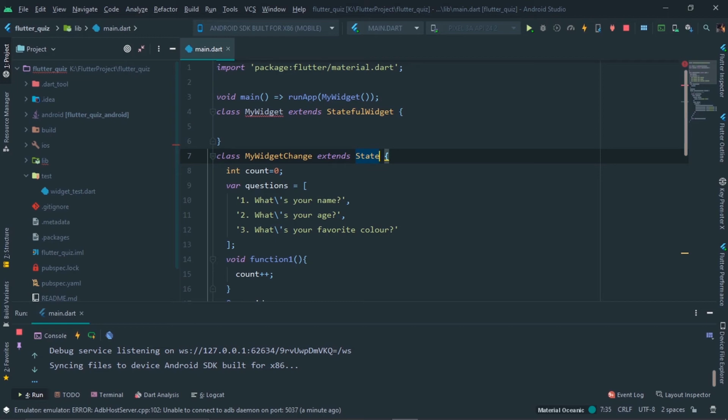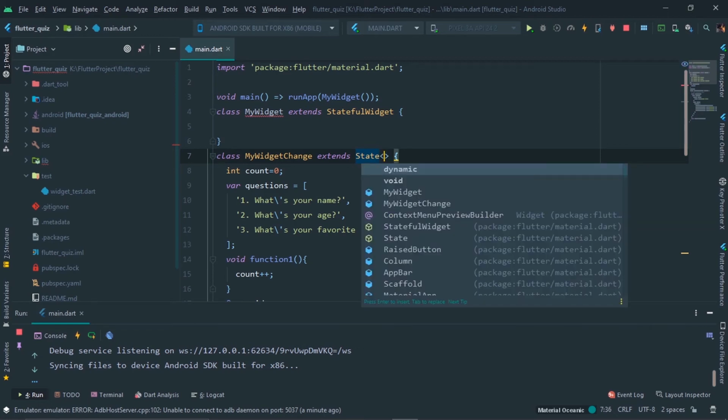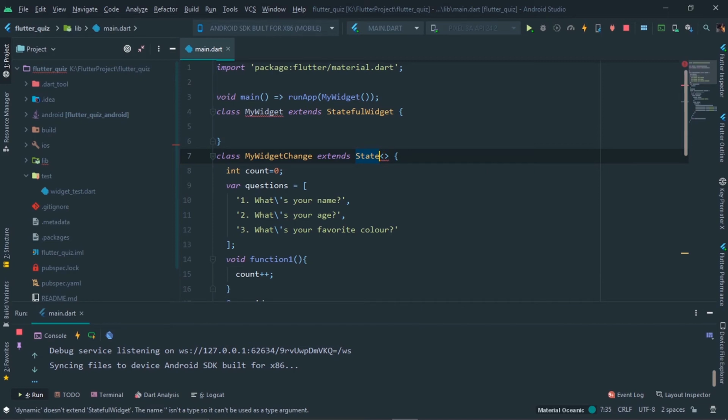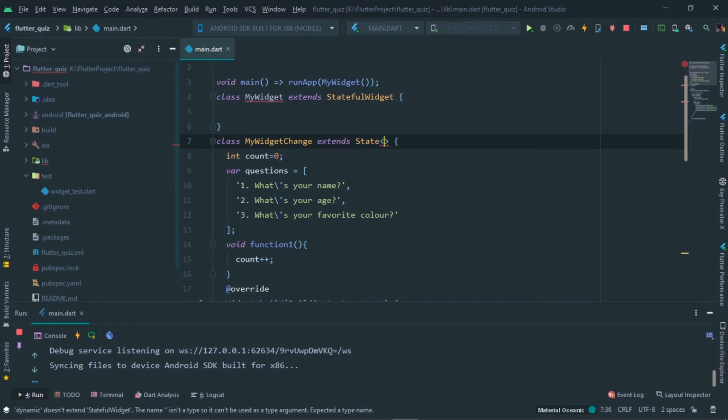So we are handling both stateless and stateful widget. This is how you declare a stateful widget for a particular widget which you are developing. We will be making use of these open and close angle brackets. Inside this bracket, we will be giving the name of the state which you extend as stateful widget. Now you are establishing a connection between this class which extends the stateful widget with the class which you are